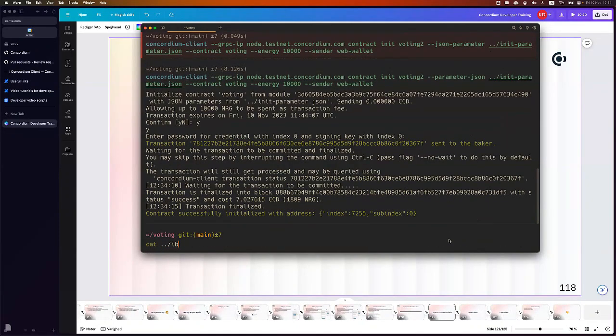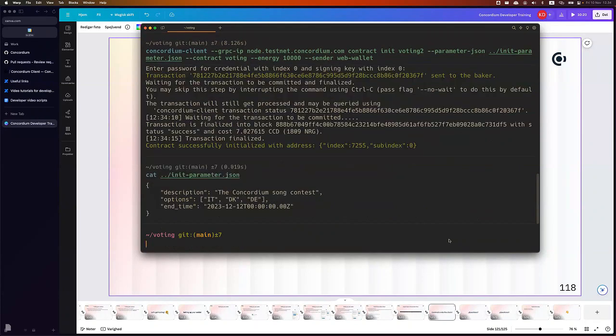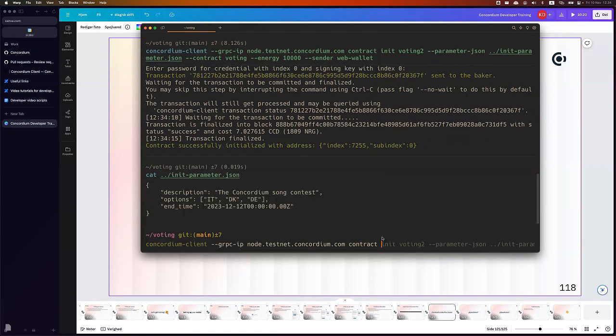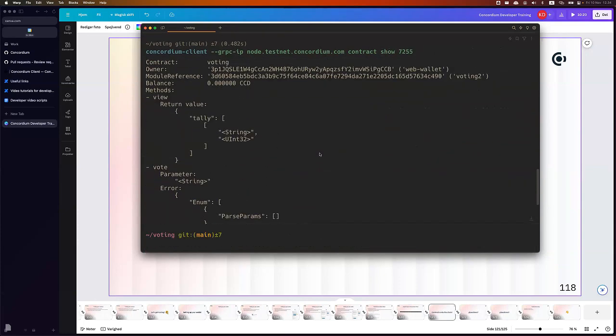So it looks like this. So this is the JSON format of what we created, of the init parameter. So there's a description and some options and an end time. Okay. And then we can see that the contract got this contract index. So we can check that. So we say contract show this one, and we can see that